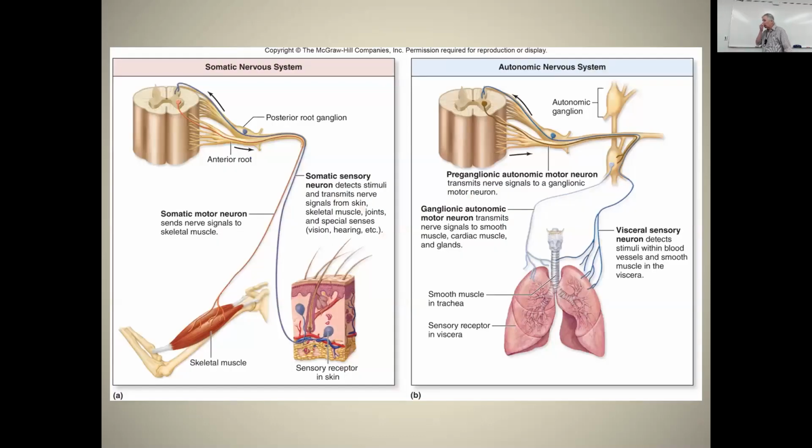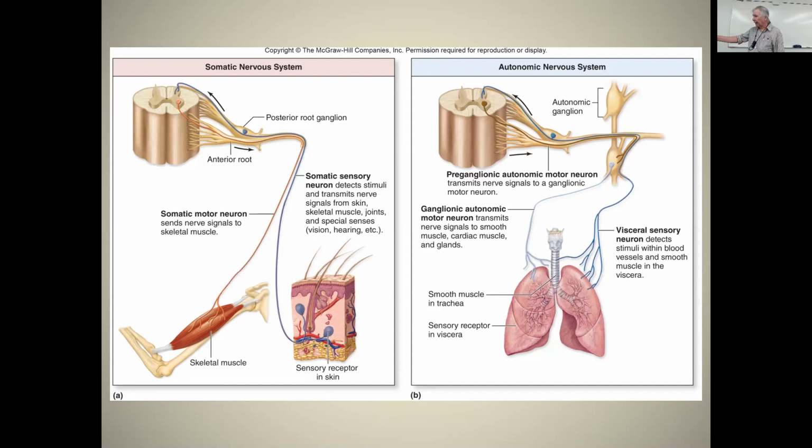And there are, somatic nervous system. Here we have, remember in somatic motor, if it's a command coming from the brain, there's two motor neurons involved, remember? Upper motor neuron, starting in the motor cortex down to the spinal cord, and then a lower motor neuron that the upper motor neuron synapses with, goes out to a skeletal muscle,